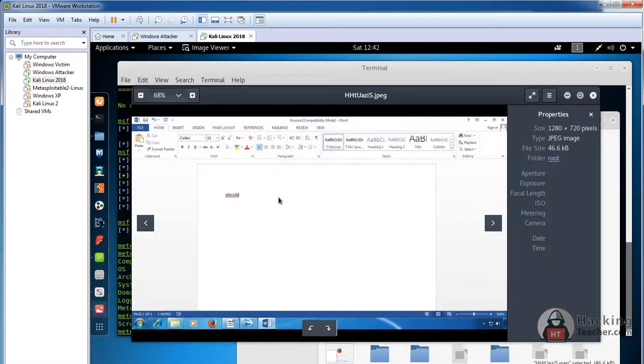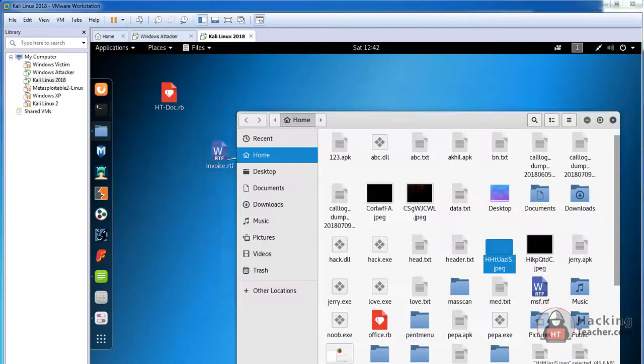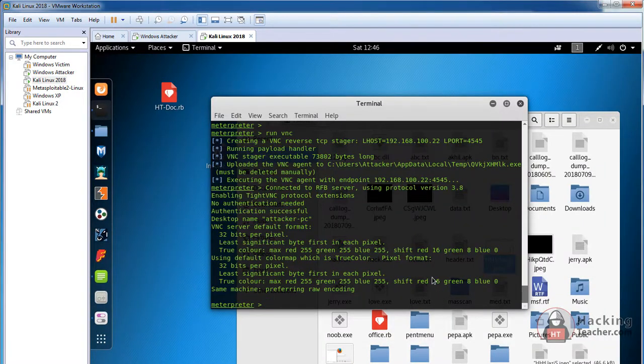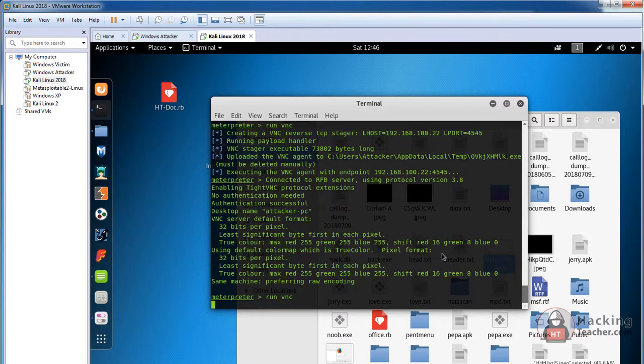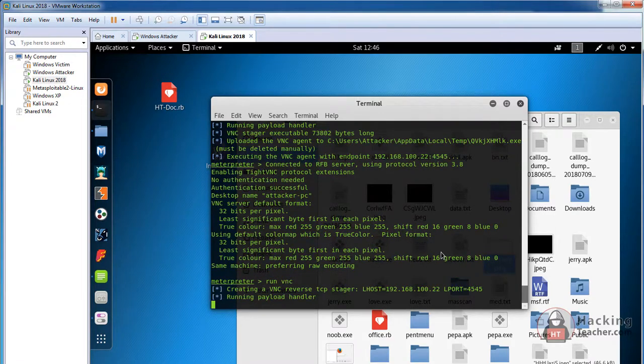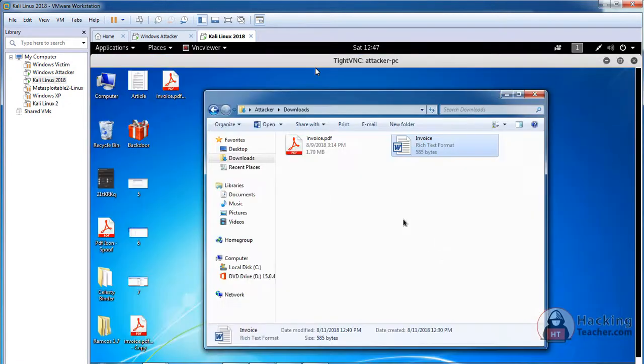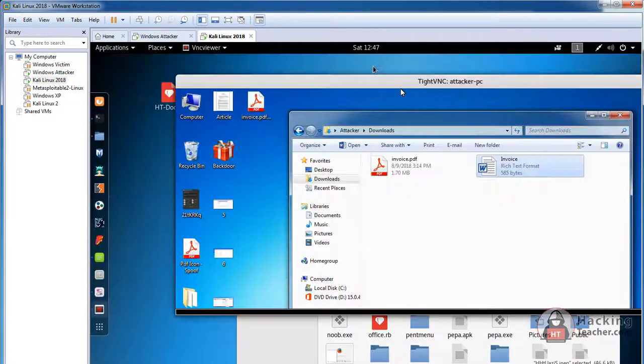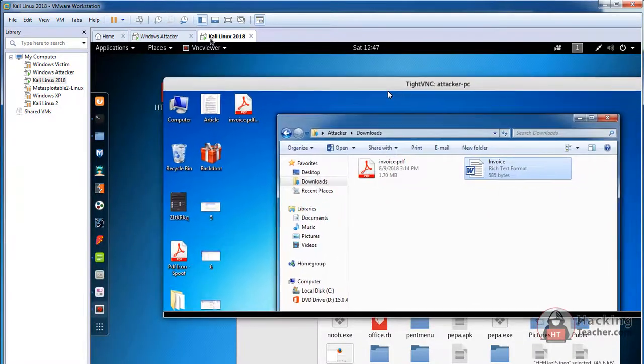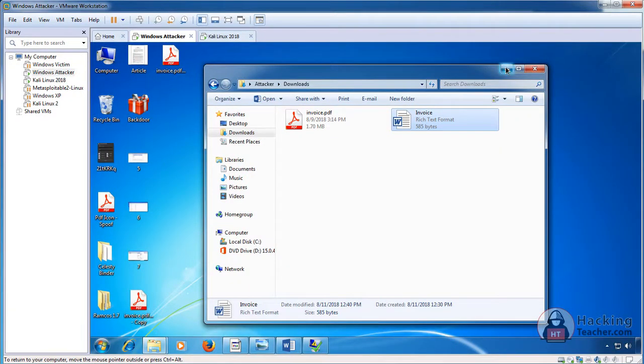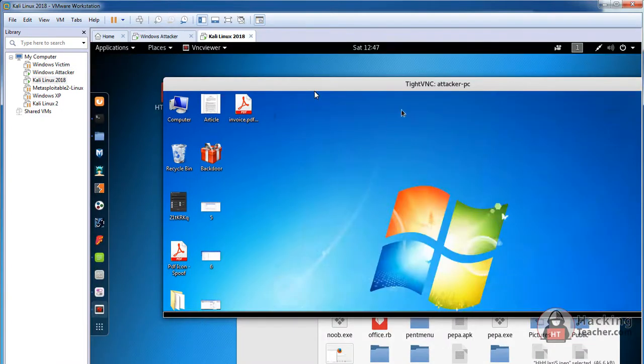You can see that's what it's opening. If you do run vnc, you can also see the live screen of the victim. Okay, this is the victim screen you are viewing. If I minimize something, you'll also see it's minimized here on the Kali.